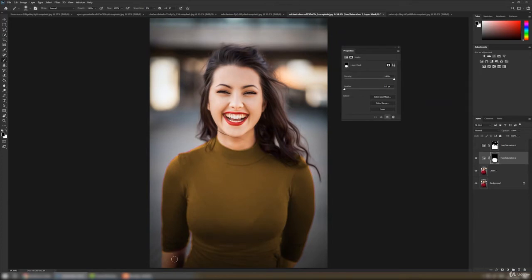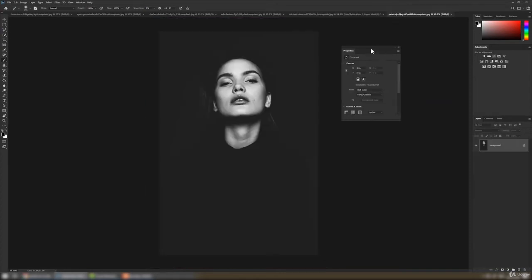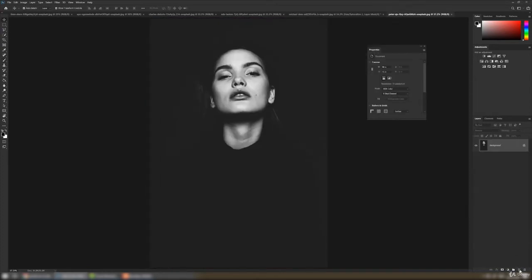So let's see another example of how we can improve or change the color. Let's see how we can add a skin tone on this picture. So we'll go to the hue and saturation and we will go to the skin tone. It won't affect because it is black and white, and we cannot blend any color with black and white, so we have to click on colorize. Now we will go to the skin tone, increase the saturation and adjust the lightness, and that's how we can add the color to this image.